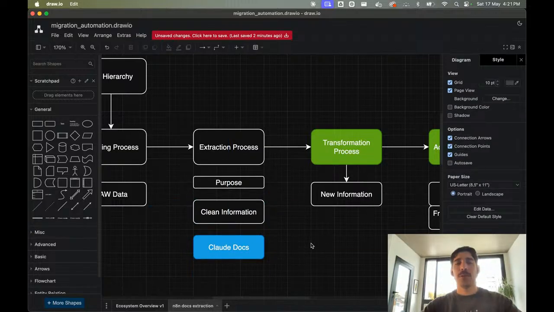Because if you can tell me what your objective is with this extraction process, maybe we can tackle that in a different way.